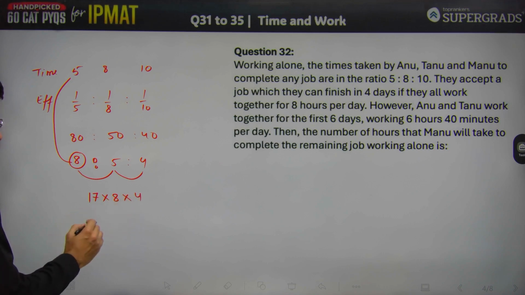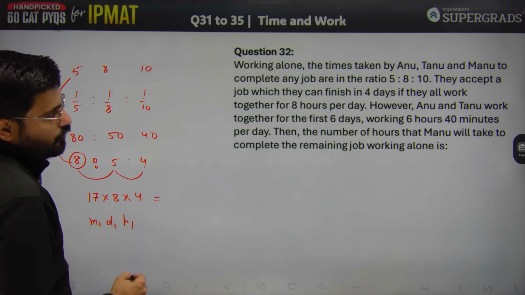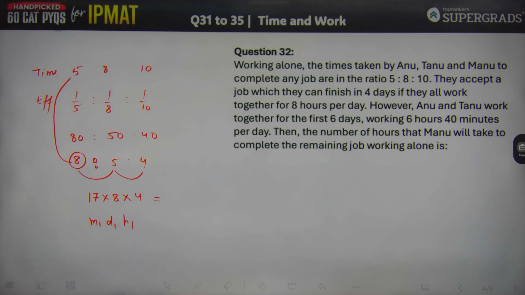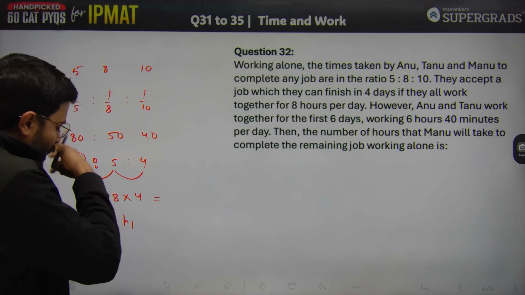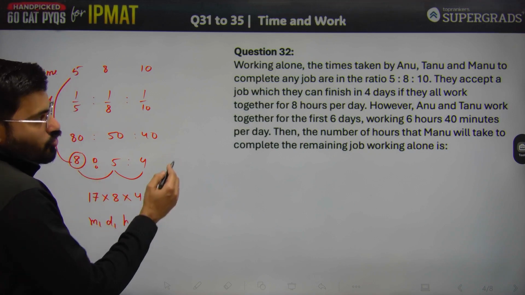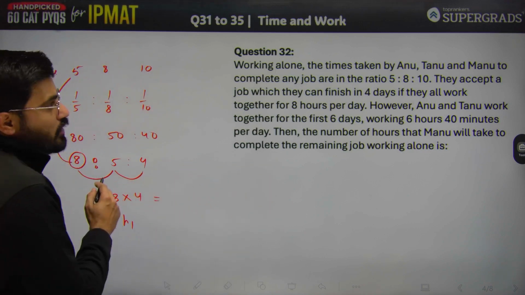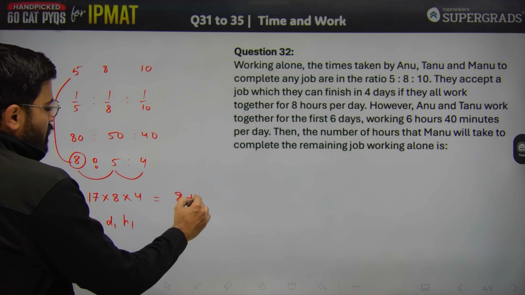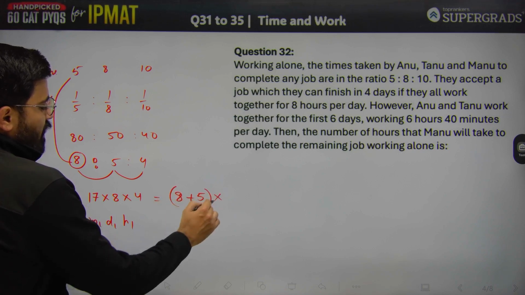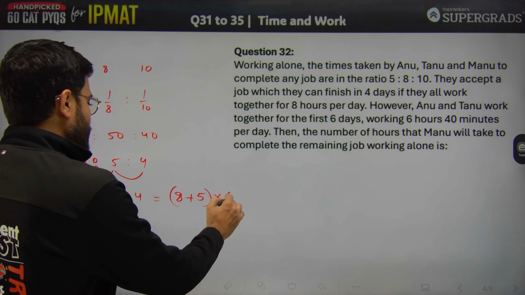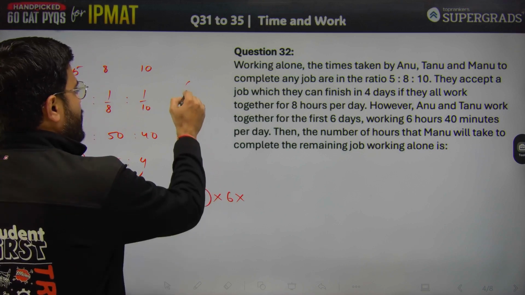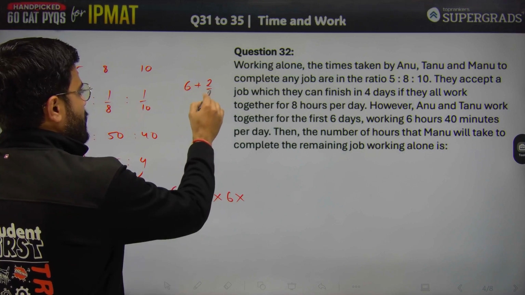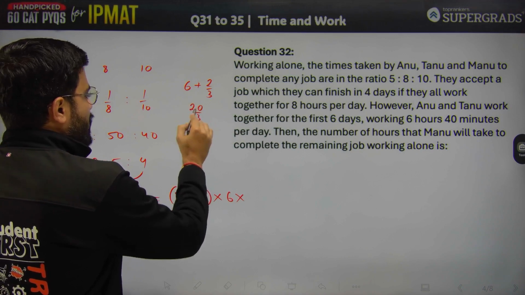We are using which equation? M1 D1 H1 is equal to M2 D2 H2. However, Anu and Tanu work together for the first 6 days. So M1 D1 H1 should be equal to, since they are completing the same work, the work done by Anu and Tanu. Anu is completing at a rate of 8 units per hour plus Tanu at a rate of 5 units per hour, and they are working for how many days? 6 days. And for how many hours? 6 hours 40 minutes. So 6 hours 40 minutes can be written as 6 plus 2 by 3, that is 20 by 3 days,